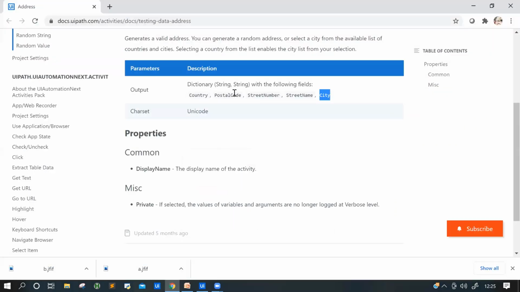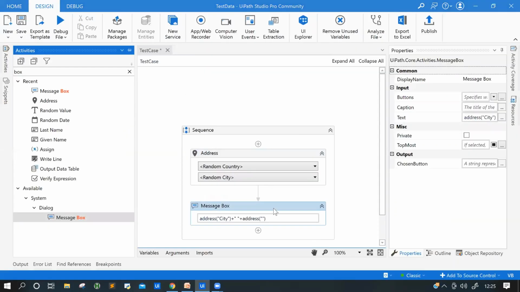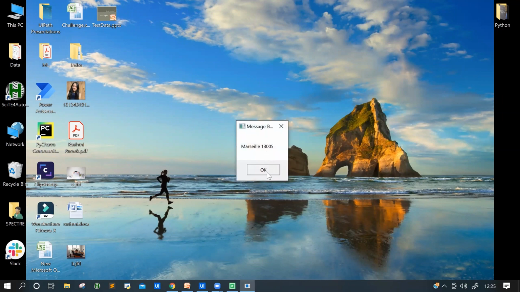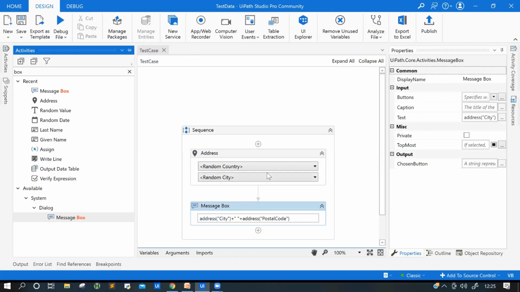Let me just copy because this should be the exact same postal code. You just go here, paste. Yep, so here you go. So you can create your address basically. So this is one.